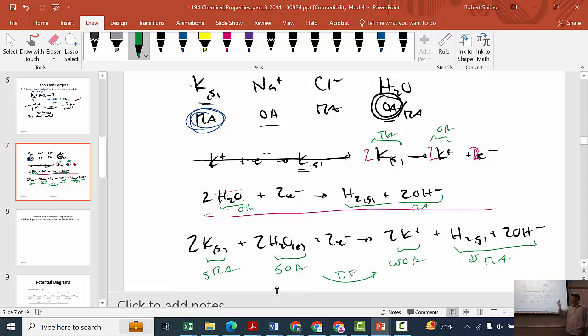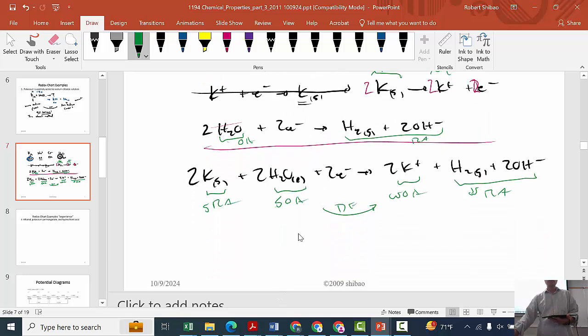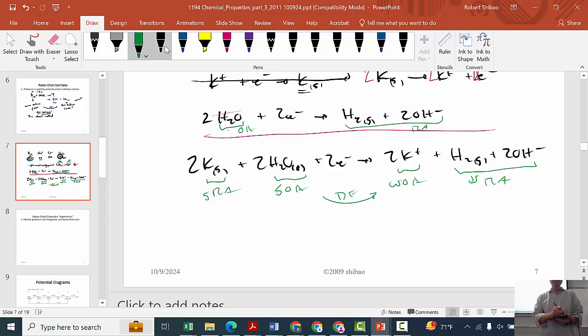Gas formation only works for metathesis reaction. It does not work for redox reactions. Same thing goes with precipitation. Precipitation is not a driving force for redox. The only driving force is stronger to weaker. And so there is actually a reaction. This reaction generates hydrogen gas. We reacted with